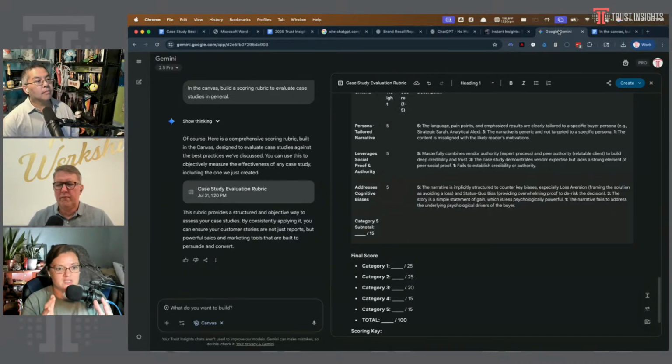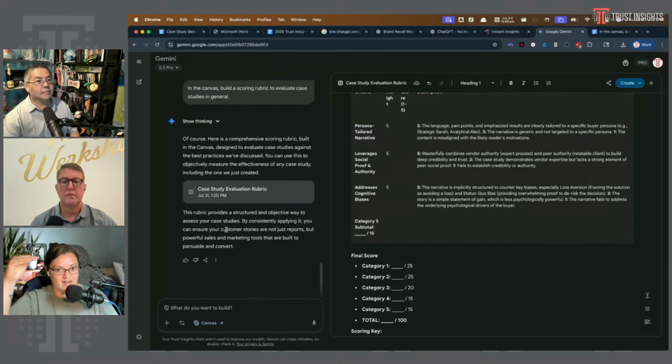A lot of times in a team, the person who heads up the team or the CMO is responsible for that final sign off. And that's where a lot of bottlenecks can happen. So I'm wondering, could you put together a scoring rubric to help whoever's putting together the case study get it to a certain point? Like, don't put it in front of the final signatory until it's a 95 out of 100. Otherwise, you're wasting their time. So use the machine to keep refining it until you get to that high score,